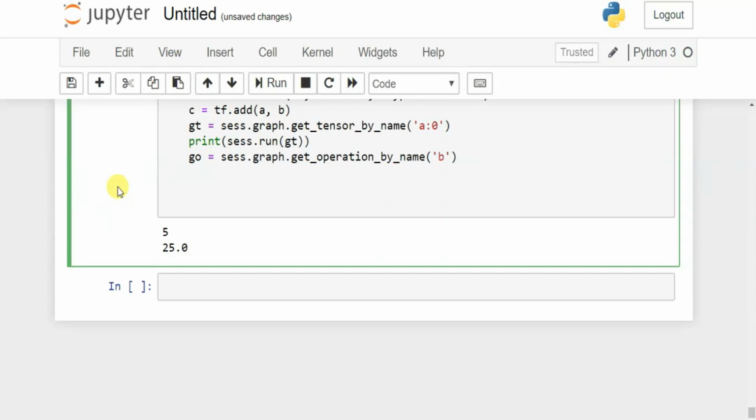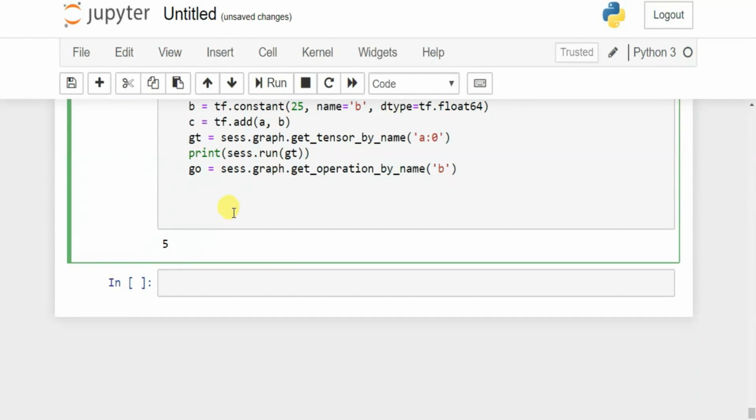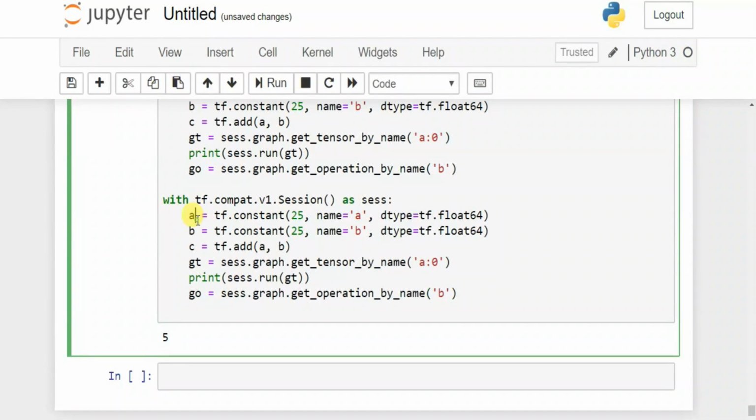Now I'm gonna change the variables into x, y and z, and in here I'm gonna change the variable again to x and y, and in here I'm gonna pass the x of 0, and in here I'm gonna pass the y, and in here I'm gonna change the name into x and change the name into y. So you can see we got 5 and 25 in here.